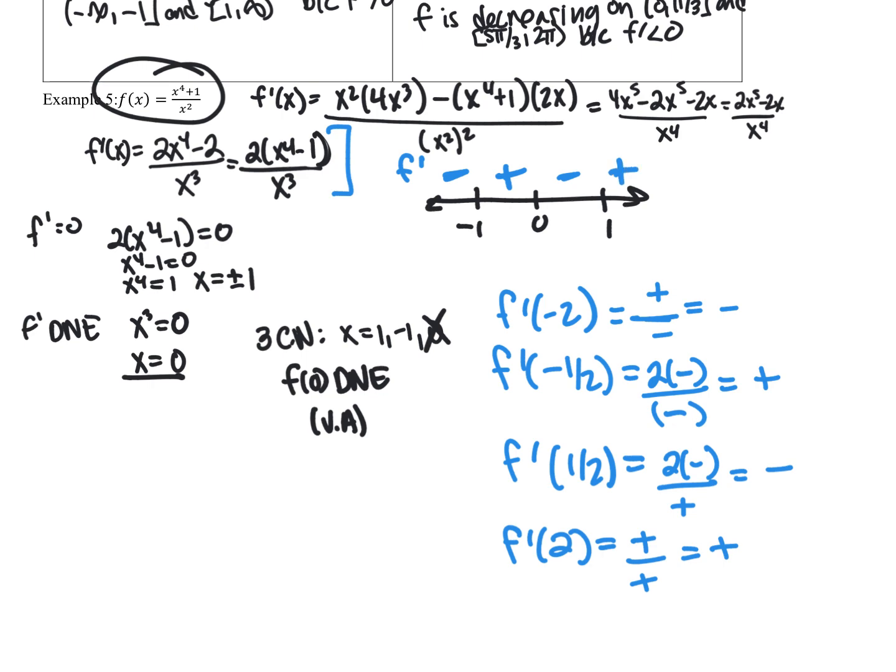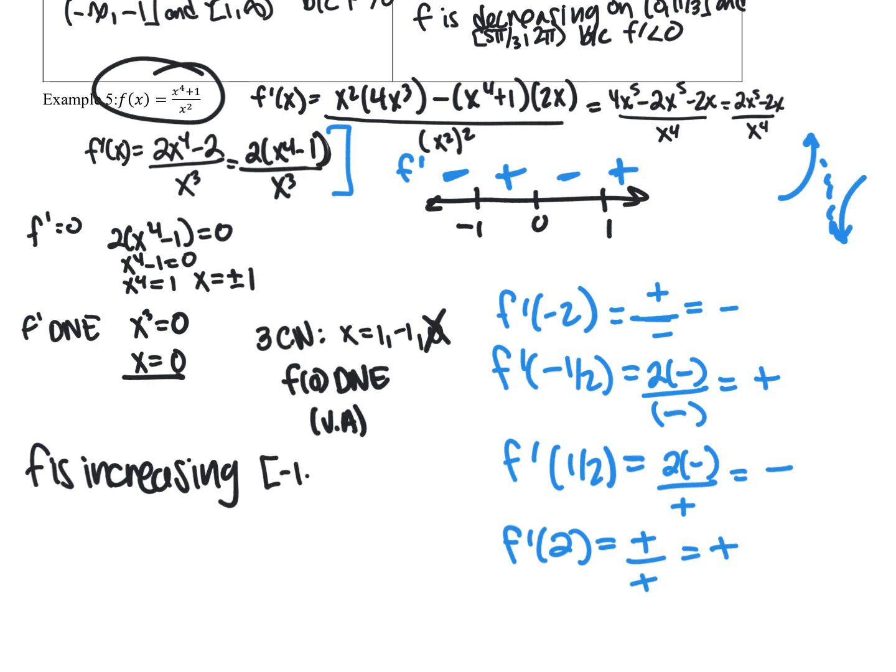So the fact that the function is undefined at 0 is still going to break up this interval, right? It's changing from positive to negative at 0, but it's not a critical point because it's not a point on the function. There's a vertical asymptote there. So the function is like doing like this, right? So it can't be a critical point if it's not a point on the function, which will matter a little bit more next time. Okay, so f is increasing